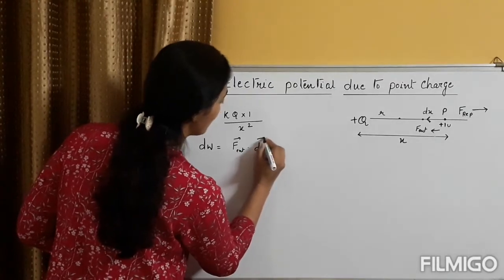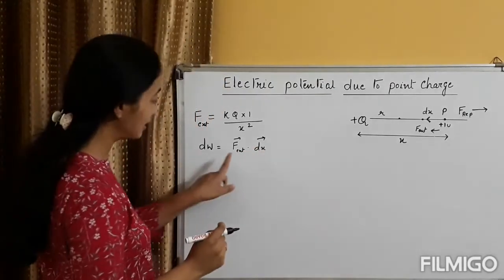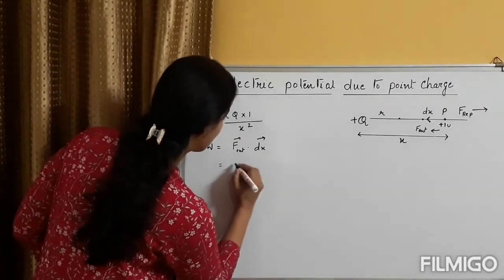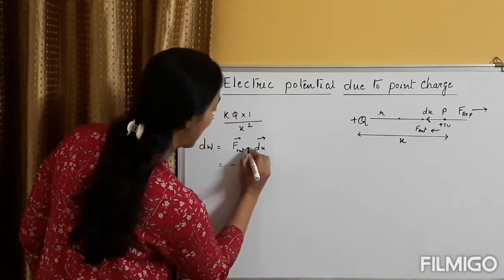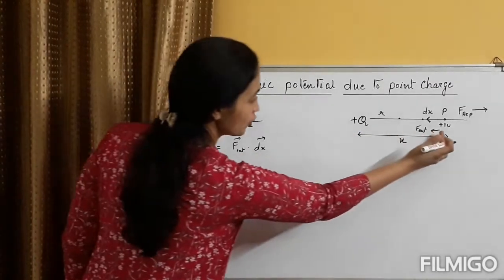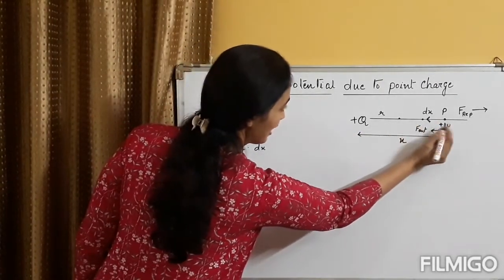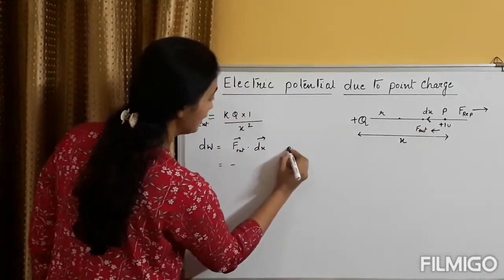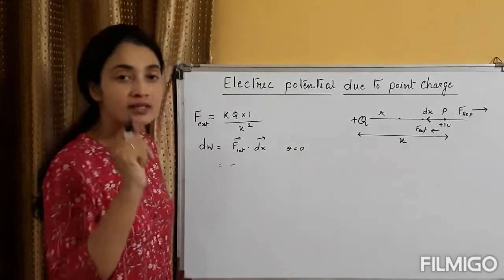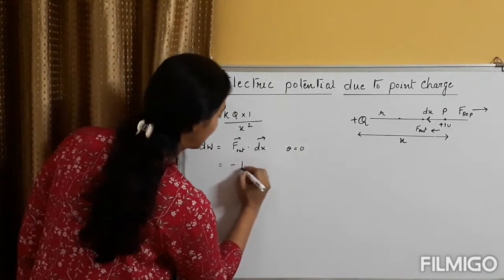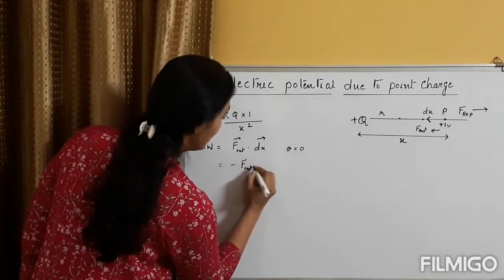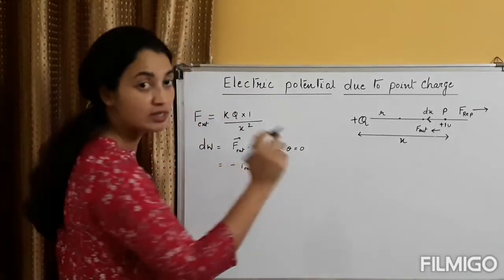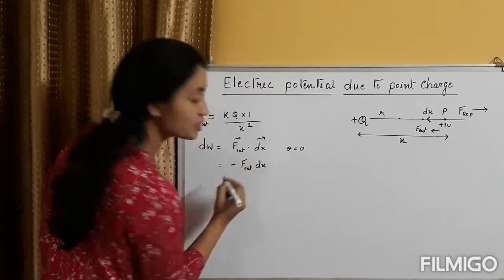dot dx, the distance moved. If I take the work done by external force, then I will get this as minus, the angle between F external and dx. You can clearly see F external is in the direction of dx. So the angle between them, theta, is 0 and cos 0 is 1. So you should get F external into dx, because F dot dx is F dx cos 0, which is 1, but still I am getting a negative sign here.